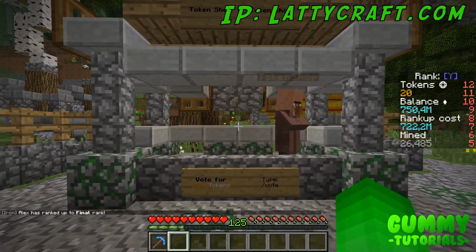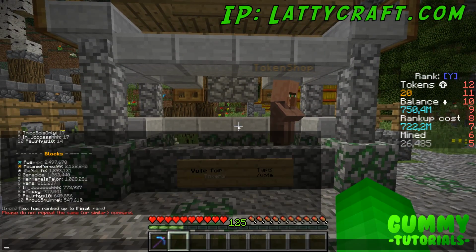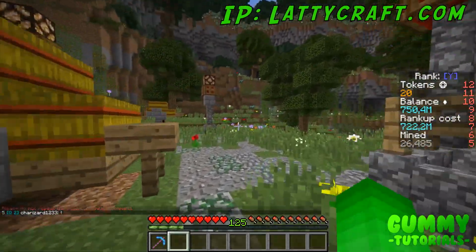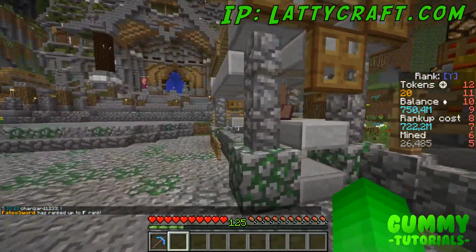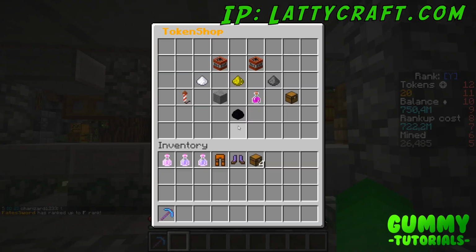and essentially what the token shop is, when you vote, you get tokens. So the way you vote is you type /vote, and it won't let me type it because I just did it before, but essentially it comes up with a bunch of links, and you click on them, you click yes, I vote for them, and you probably have to fill in a captcha, and once you've done that, you get a token, or 50 tokens I believe it is, and you can come to this lovely gentleman here